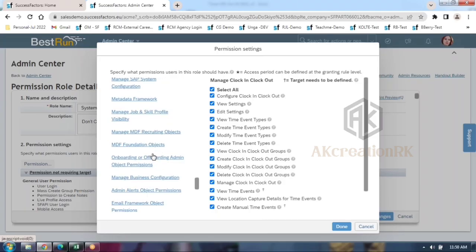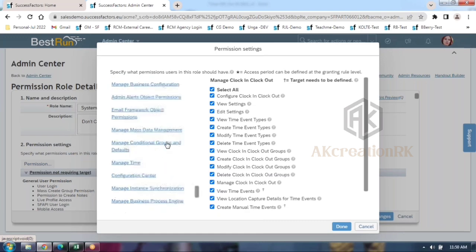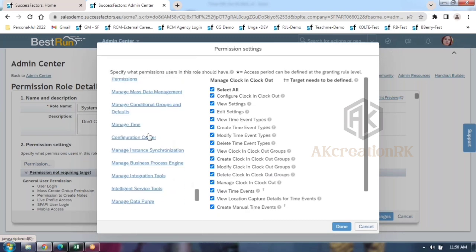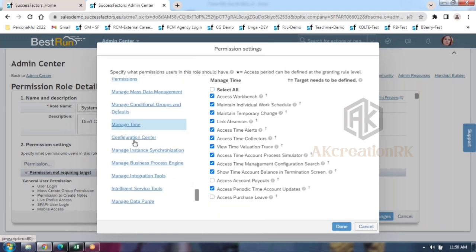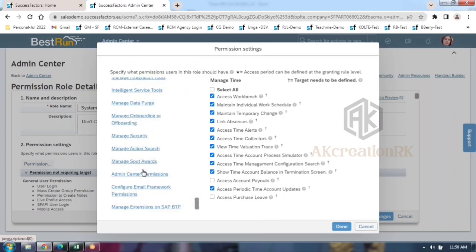I think there is no, yeah, manage time is there, guys. Sorry. See, manage time is there. So again here also, guys, access payouts and purchase leave, you can leave it. The remaining all are for the admin or HRBP or time admin, whatever, manage time, except payouts and purchase leave. Any other?